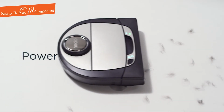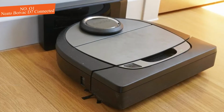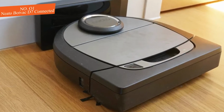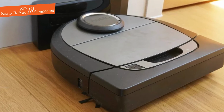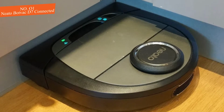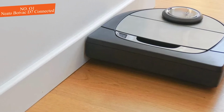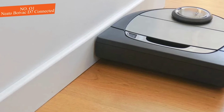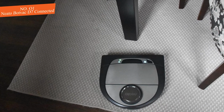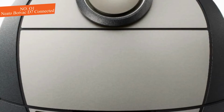It does an excellent job of cleaning most types of messes on both hard and soft floors and even does well at collecting pet hair. The Neato D7 still has its flaws, however. In our navigation tests, it couldn't easily escape from some of the more cramped areas. It was also a little less gentle on furniture than other models, especially when backing up. If this becomes a problem, the app does have a gentle navigation mode, but we didn't notice a huge difference